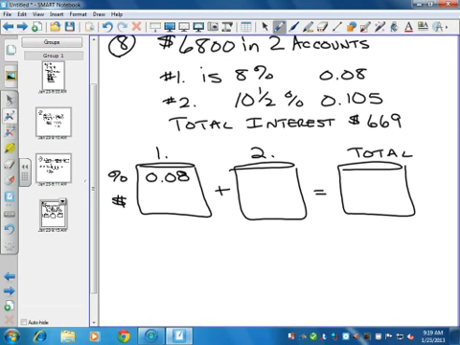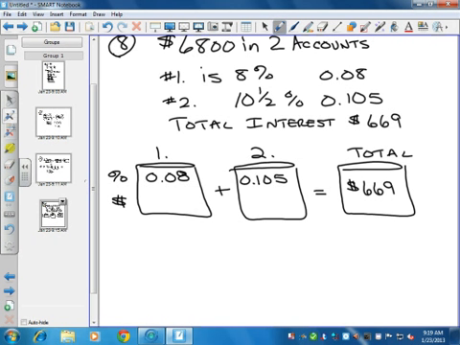Our interest rate for the second one is 10.5%. We don't have a total interest rate because what we're getting is our total interest back. So the total is pre-done at $669. Okay, but now we have to get this second line of how are we going to split up